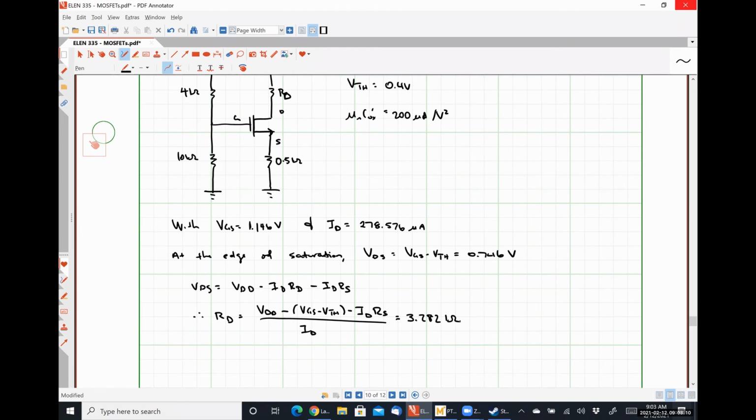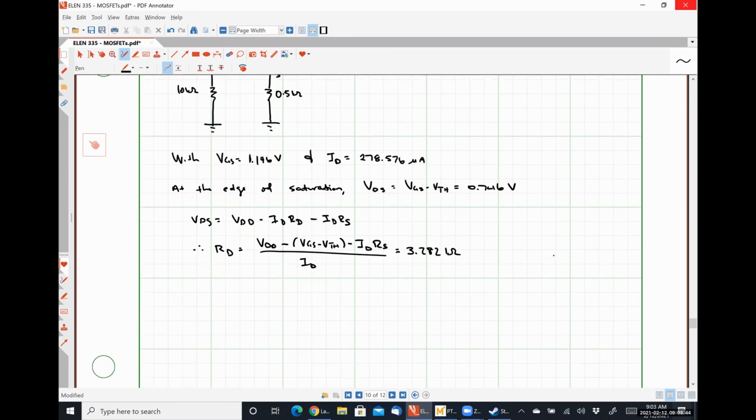We can verify this in the MathCAD worksheet pretty easily, but we're running lowish on time. So any questions about the assumptions and work we did there, where I guess really the only assumption was that the edge of saturation means exactly that VDS is equal to VGS minus VTH, right? Okay, so the last example that I want to work for today, because we're running out of time,